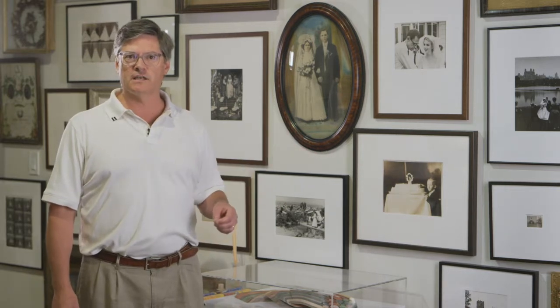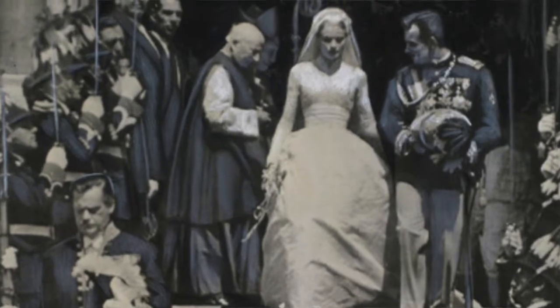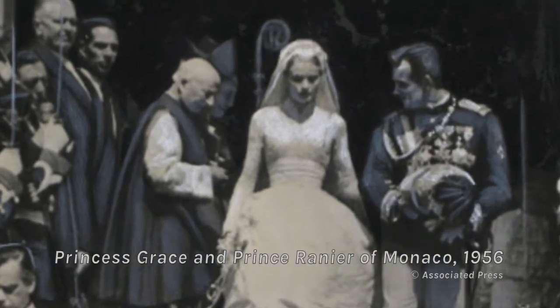And so as an example here, we have some photographs that range in value from probably $50 up to about $20,000. And when people come to see some of these pictures, they think, oh, I know exactly which one is 20,000. And usually they'll look for a photograph of like Marilyn Monroe or Princess Grace Kelly when she was getting married. On this wall, the most expensive one is a very small photograph taken by André Kertész in